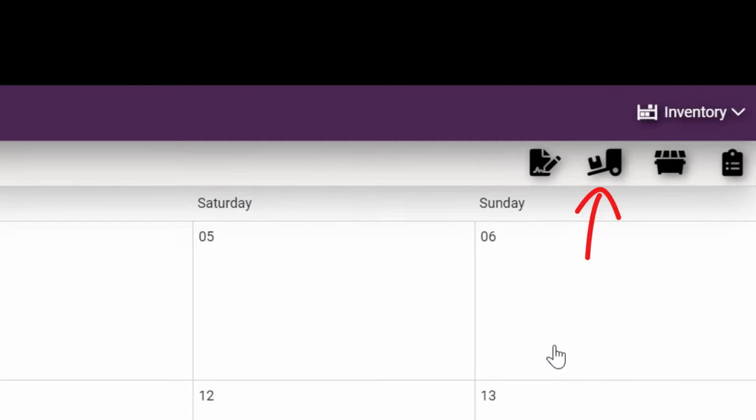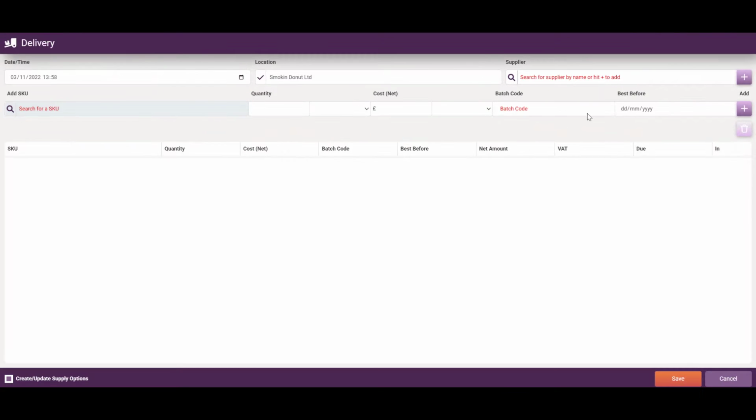And the same applies to a delivery. When you're checking in a delivery and the details are changing, the cost, etc., then make sure the button at the bottom left-hand corner is checked to update